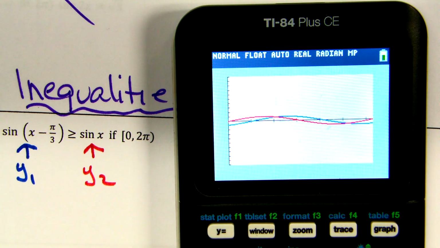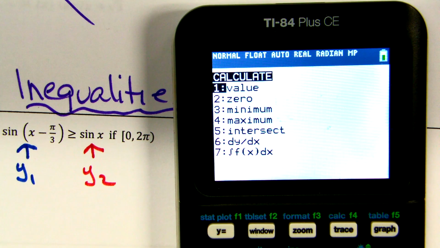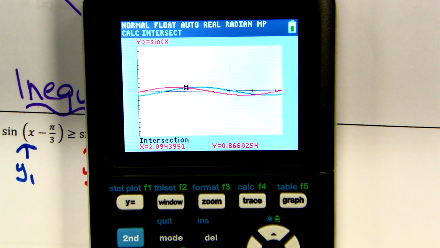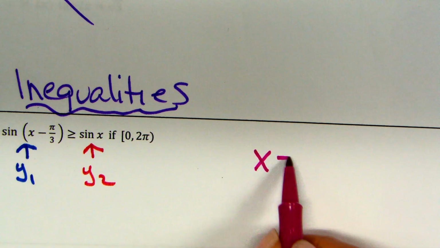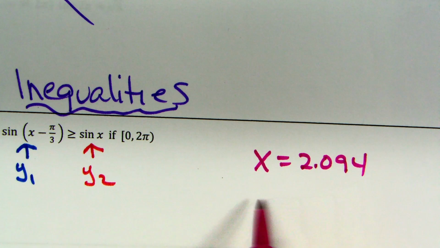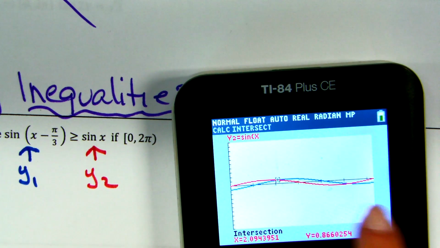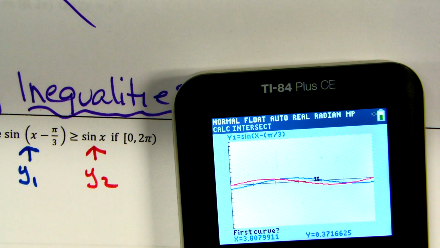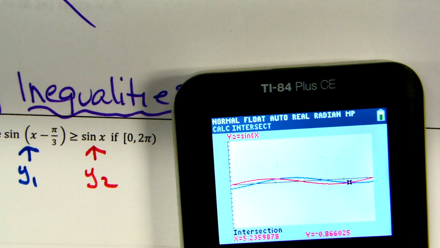Here, what is the whole section of the x-axis where the first part of the equation is above, greater than, the second part? So I'm going to find my two intersections, guys, just like we've been doing. They gave us the first one, 2 point blah, blah, blah. Let's find the second one, second calc intersect. I mean, how many times have we had to do this? Arrow over to get somewhere close to it. Enter, enter, enter, and we get